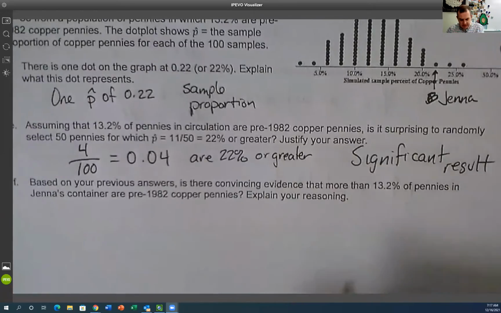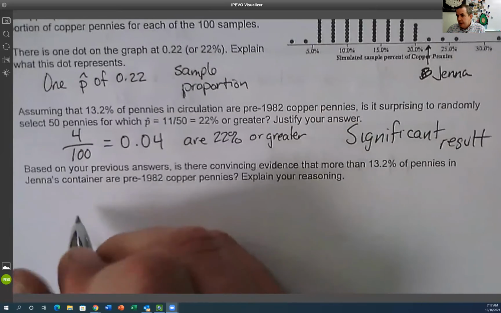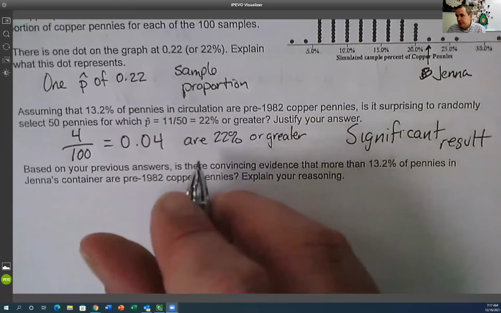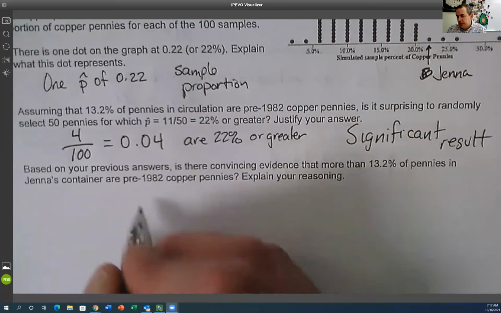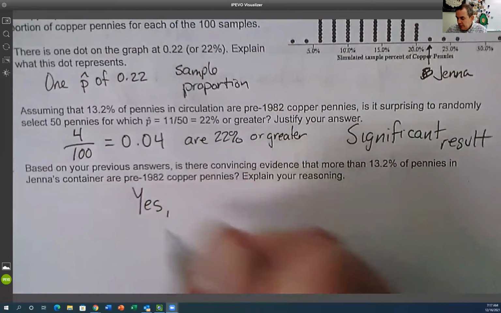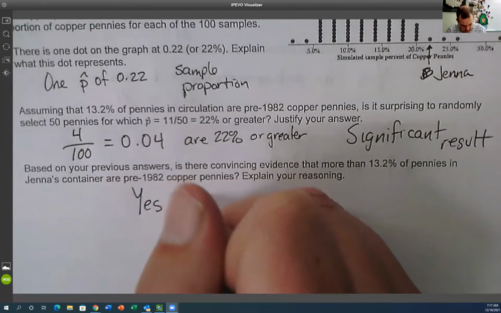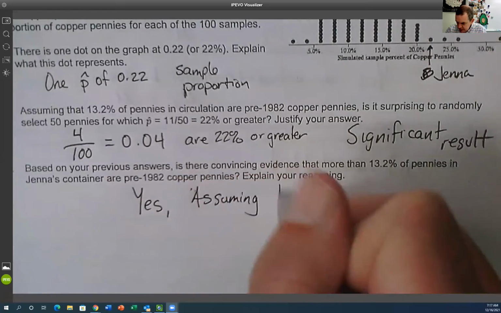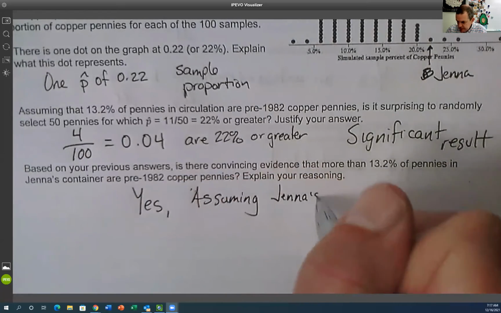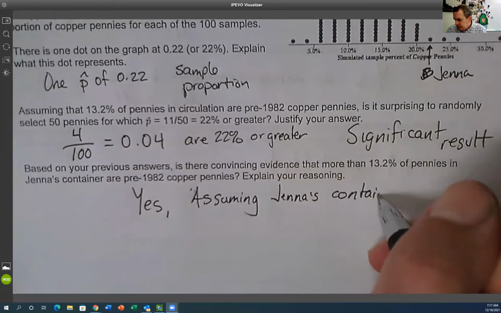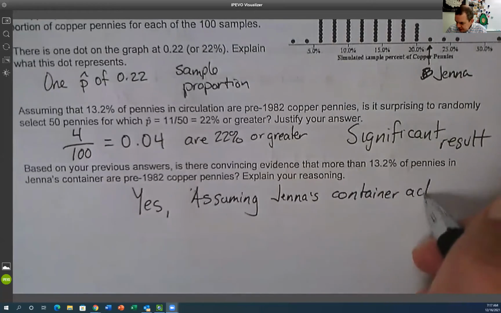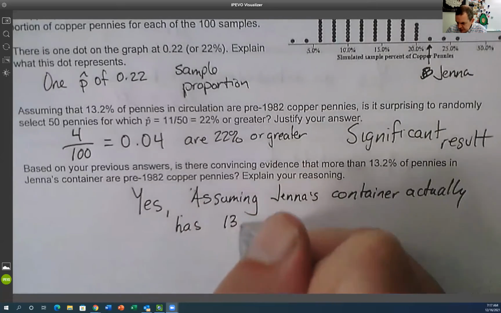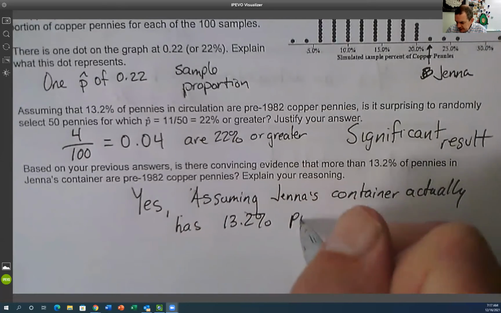So what does it say in this? Based on our evidence, is there convincing evidence that more than 13.2% of Jenna's pennies are pre-1982? And the answer is yes. Because assuming Jenna's container actually has 13.2% pre-1982 pennies,